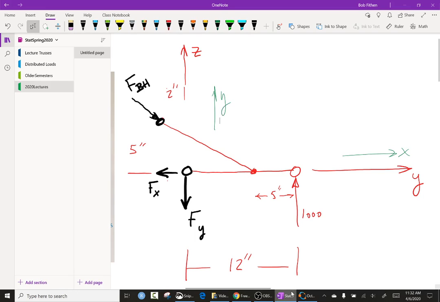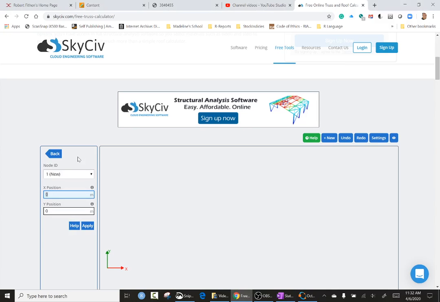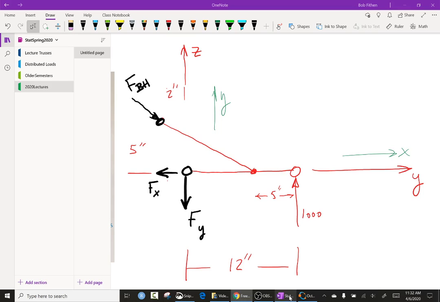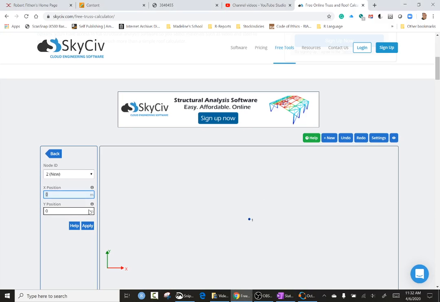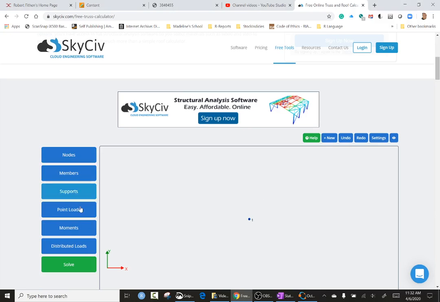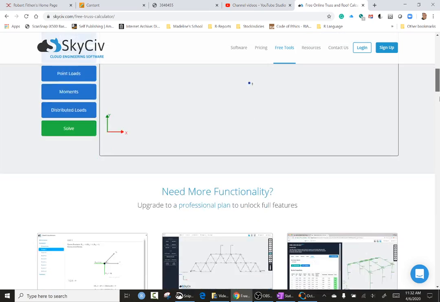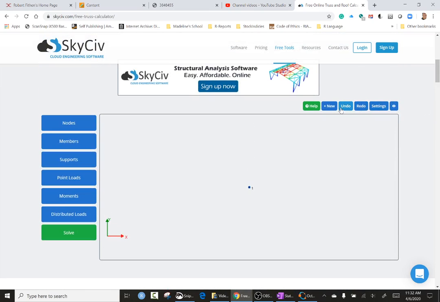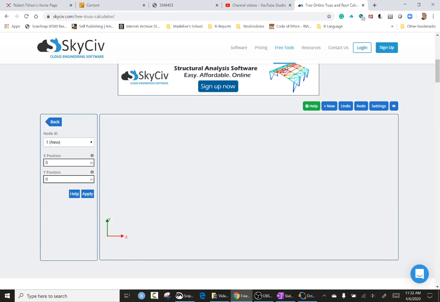So I'm going to put a point at 0, 0. Point node, putting a point right there. You'll see it appear right here. There's my point. I'm going to put a point at 12. Now, before I do that, okay, I'm going to go back. I am going to undo everything. I'm going to put my node again. This time,